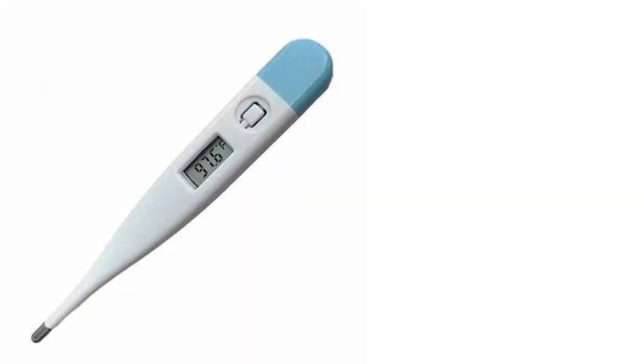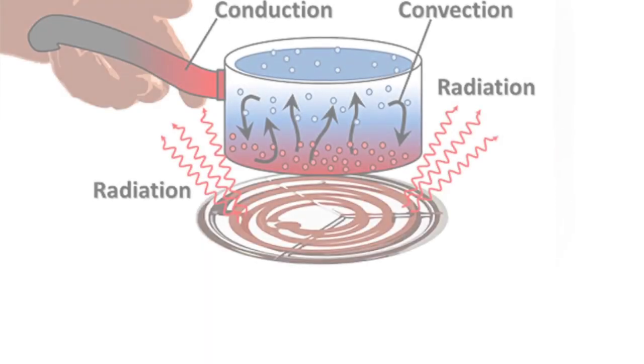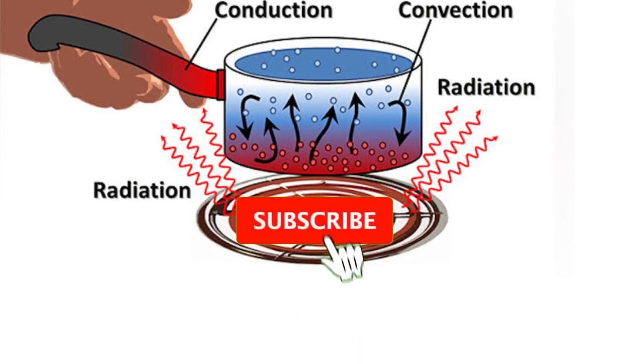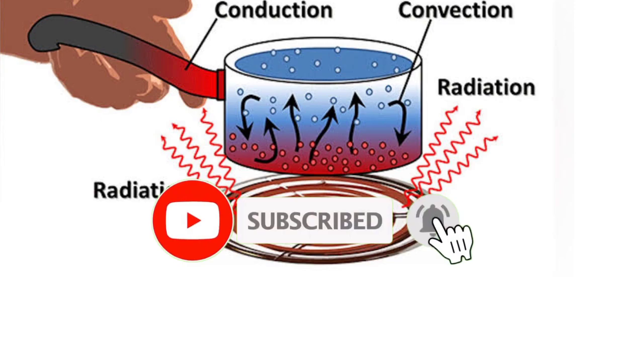The digital thermometer is an electronic thermometer that does not contain either mercury or alcohol. It works on a different principle. Nowadays we are using the digital thermometer. The measured temperature is digitally displayed as numbers on a small screen, which makes it easy to take a reading. A small button is pressed to reset the thermometer to take a new reading and to turn the thermometer on and off. In the next video, we will discuss the transfer of heat,